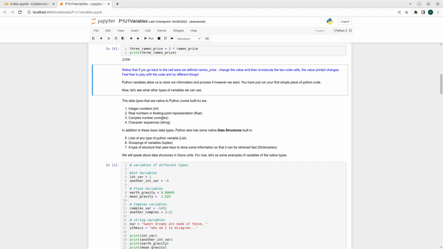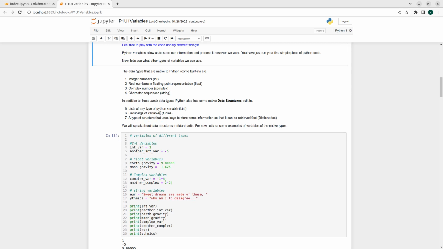To be frank, I'm not completely sure why complex numbers are here. I guess they are a natural extension of the real numbers. I don't think they are, well, I don't use them so much, but integer, floats, and strings, they are very, very, very widely used. In addition to these data types, Python also has some native data structures, not data types,